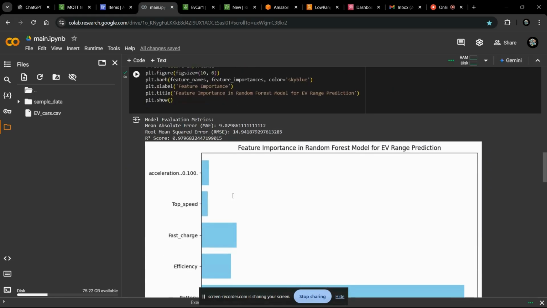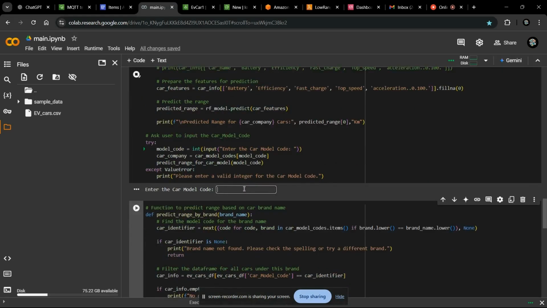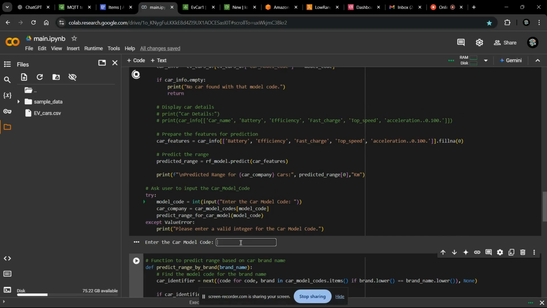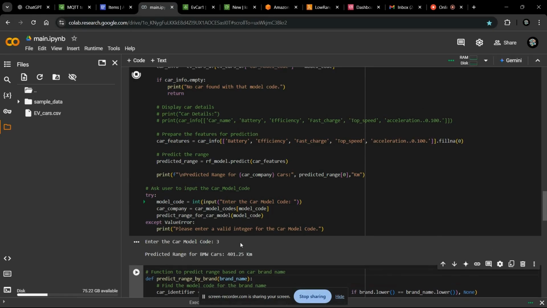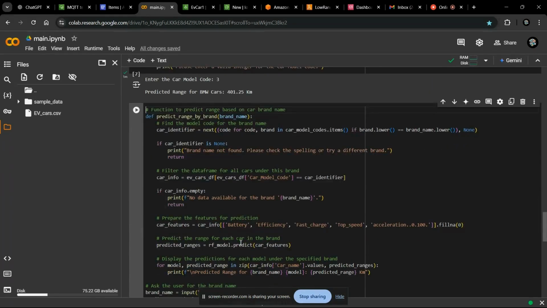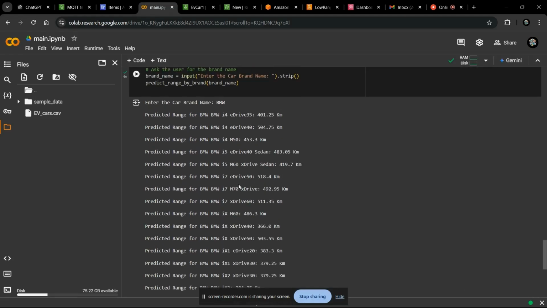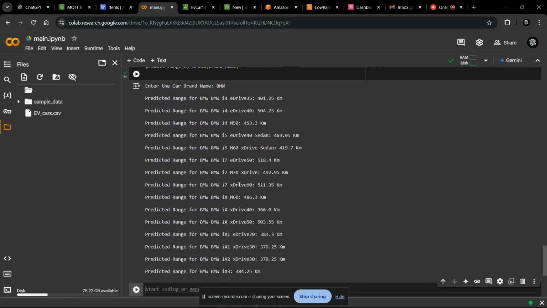So as we can see here, we get model evaluation metrics, which show our mean absolute error, our root mean square error, and R square score. And then we wrote a code in which the model asks the car model code. For example, if we enter 3, it gives the predicted range for all the BMW cars, as BMW is assigned 3 for the car model code. Then the other code asks for the brand name. Suppose we enter BMW, it shows all the predicted range for all the BMW cars